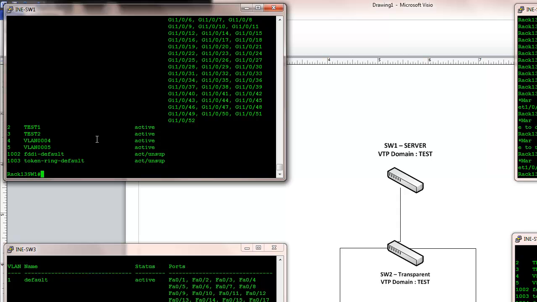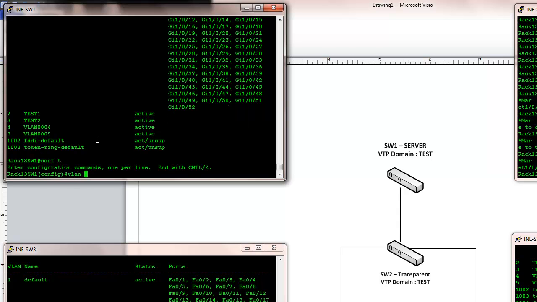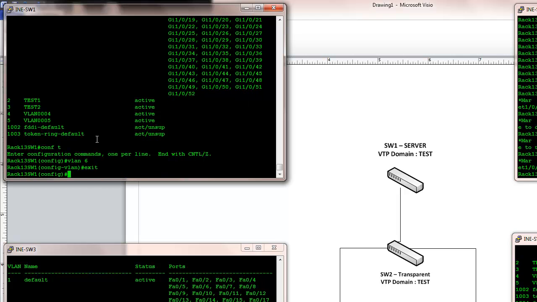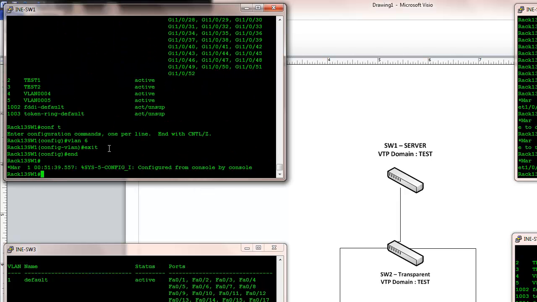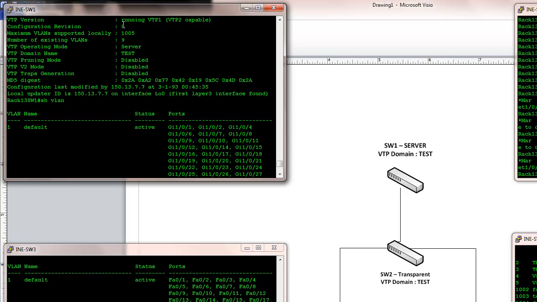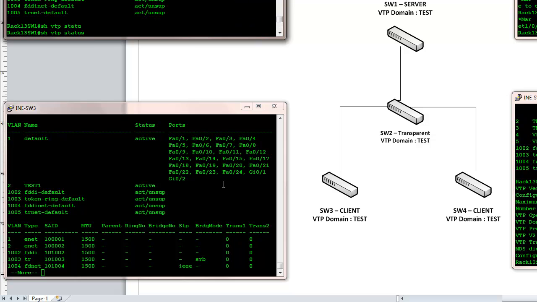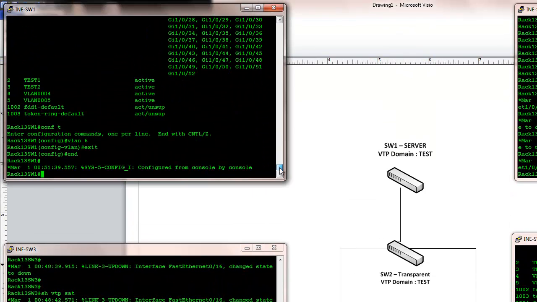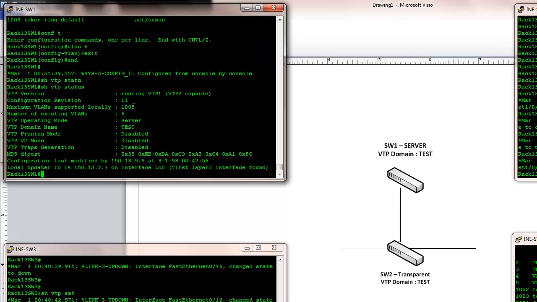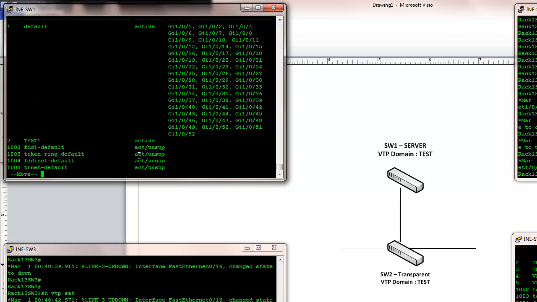So now to trigger an update, say you add VLAN 6 to the database, and you would think that your revision number would go up 1 from 8 to 9, but essentially what will happen is that the VTP domain will synchronize to the highest revision number, which is 11, and now you can imagine what the problem is going to be: you pretty much lost all your VLANs. You have only 1 and 2,